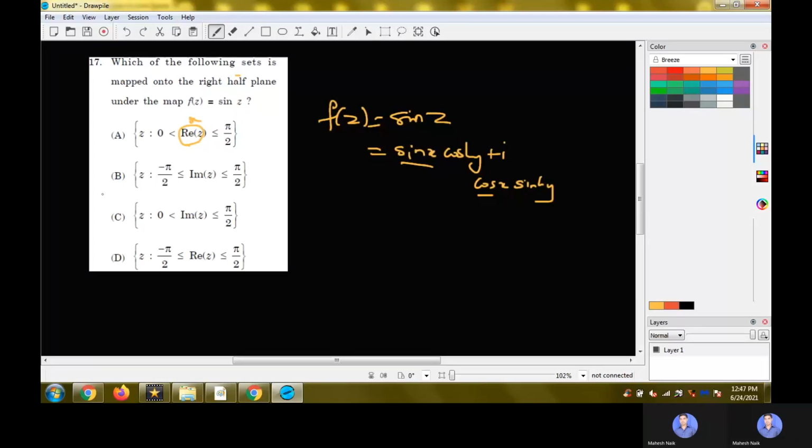Whereas for the case where we have imaginary part of z, which is y between minus pi by 2 and pi by 2, we have sin x and cos x, out of which some terms can be negative or both can be negative. So accordingly, this possibility is ruled out. Similarly, for the third and the fourth option, the possibilities are ruled out. Since sin x and cos x will be positive in the first quadrant, accordingly, we go with option A, which is x being a value between 0 and pi by 2.